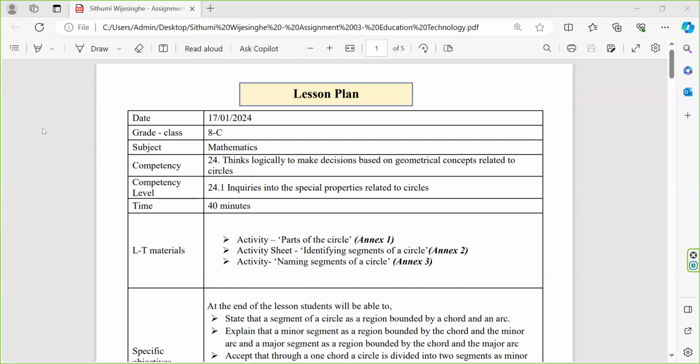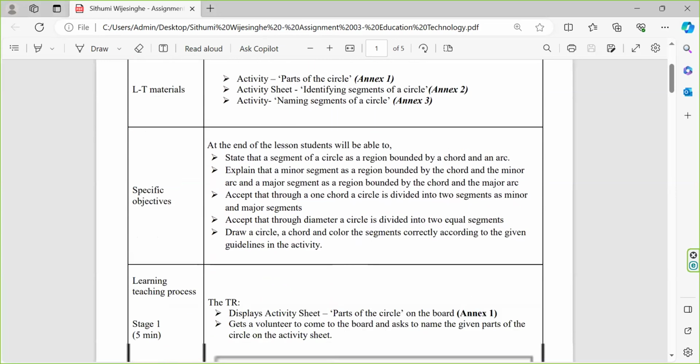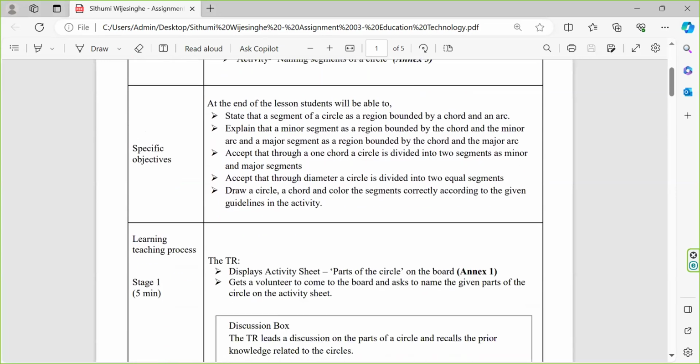Good evening, all of you, my dear friends and my dear lecturer. Grade is 8, subject is mathematics. Competency: thinks logically to make decisions based on geometrical concepts related to circles. Competency level: inquires into the special properties related to circles. 40 minutes lesson. Learning teaching materials are activity sheets. Specific objectives: at the end of the lesson, the students will be able to